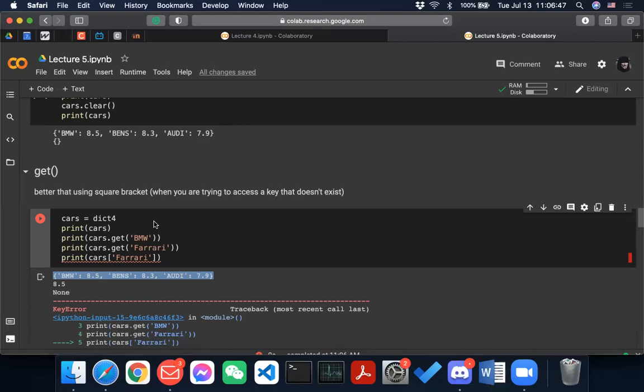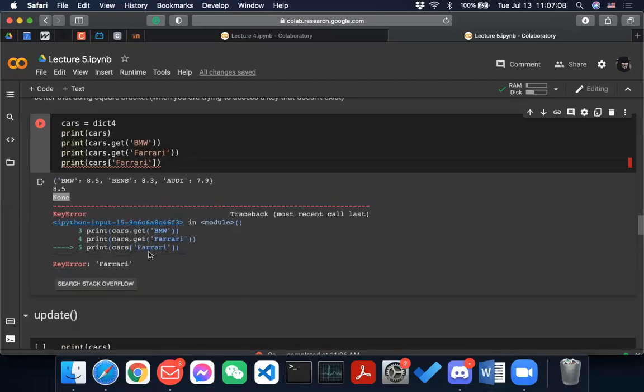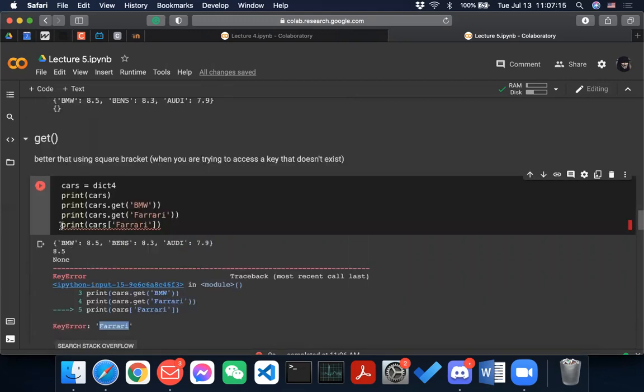But if you do get on a non-existing key, it will just return None. But if you use this square bracket notation, it will give you an error and the program will crash. It will give you a key error, that this key does not exist in the dictionary.